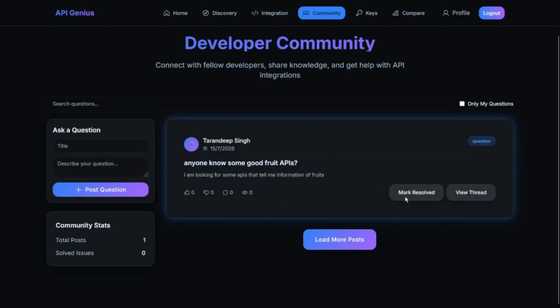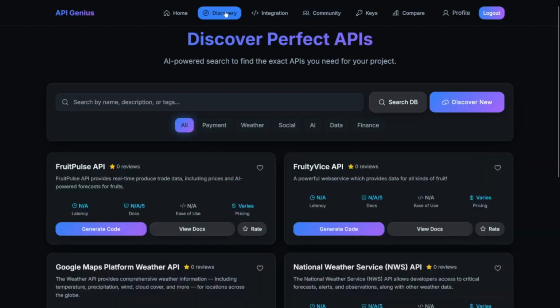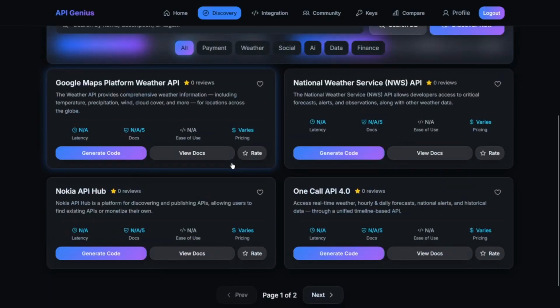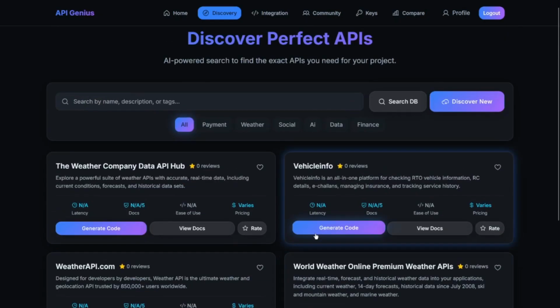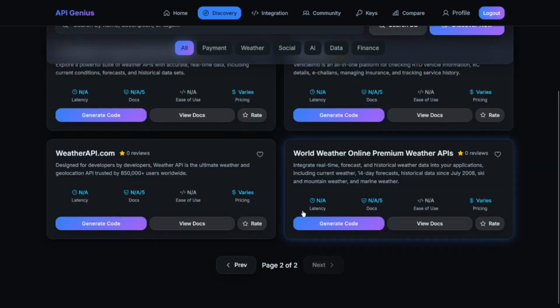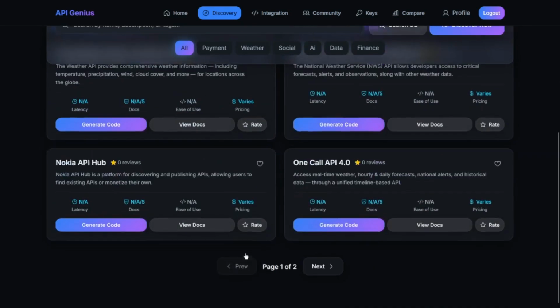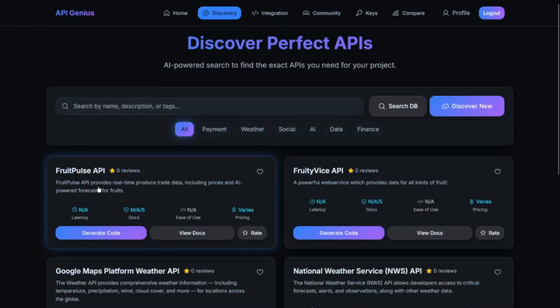So you can see it got posted. In the discovery app, you can see we discovered so many fruit APIs, right? All of them you can see, and next page we can go there. I must have discovered a few more. I think 2 APIs, fruit pulse and fruit wise, and you can see we can